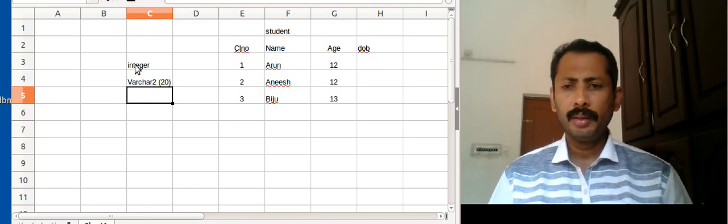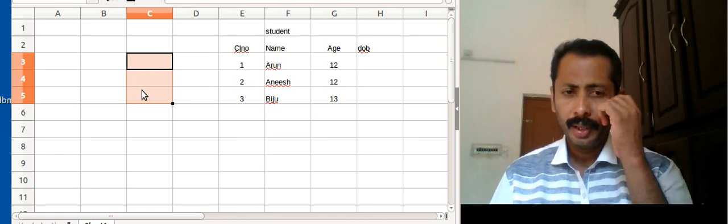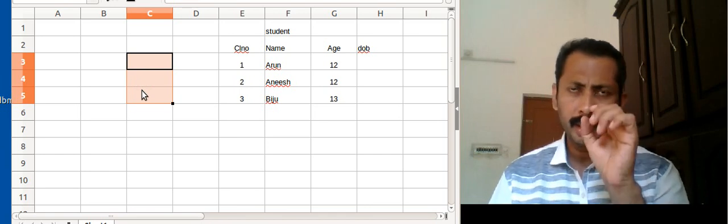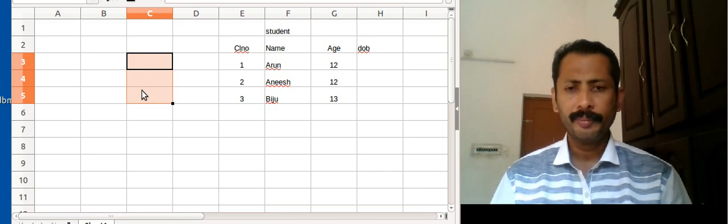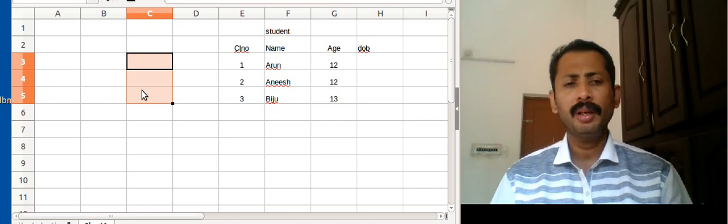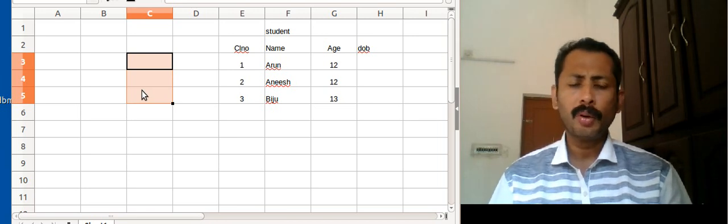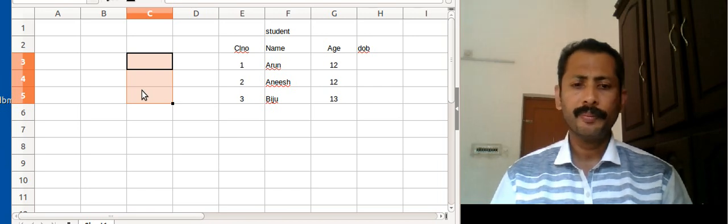I hope that you got the idea of a database. So a database is a file. This file is stored on the hard disk. This database file can contain multiple tables, and each table will have a format like this, a row-column format.